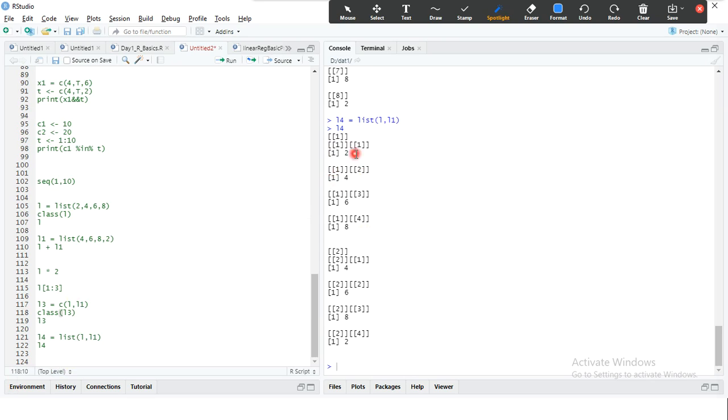And if I want to access the value of 6 from this list, right? One beauty of R is, if I combine more than one list using the list function, it gives you the index value also here. That is the beauty of R. You don't have to break your head here. Supposing I want to access this 8 here, you come here, check the 8 and just copy paste it. That's all.